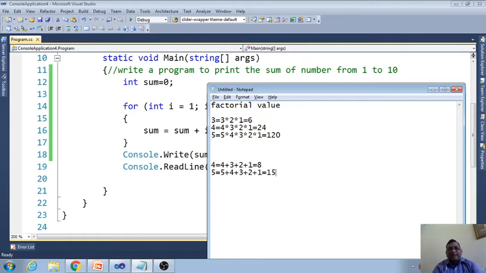This program I wrote, and this is the other program. If you see both programs, there is only a minor difference between them, the difference of the symbol.